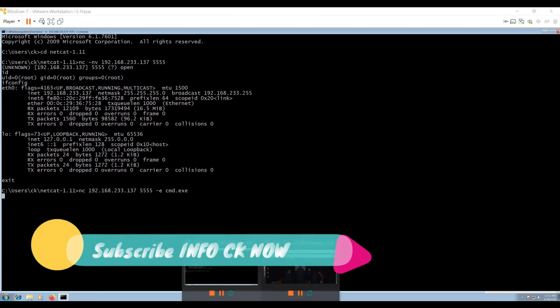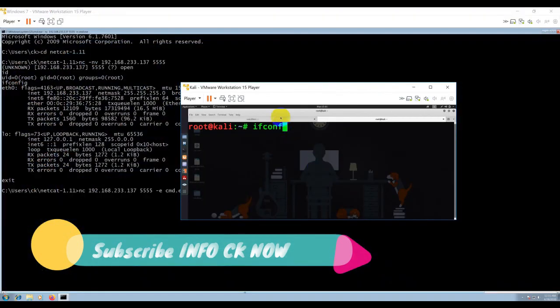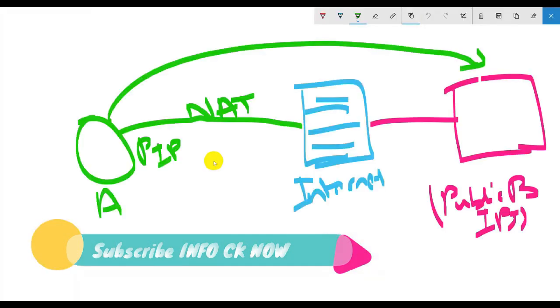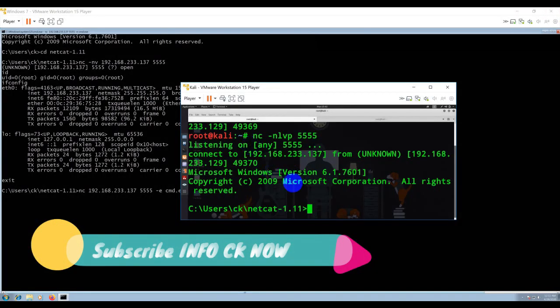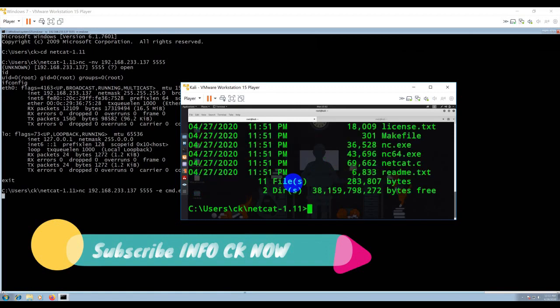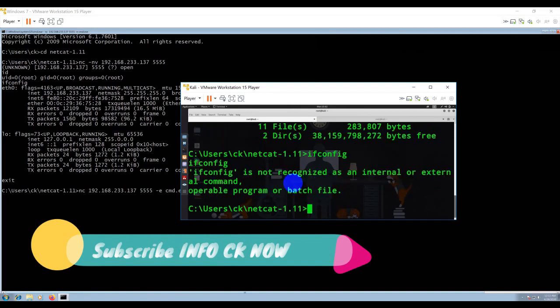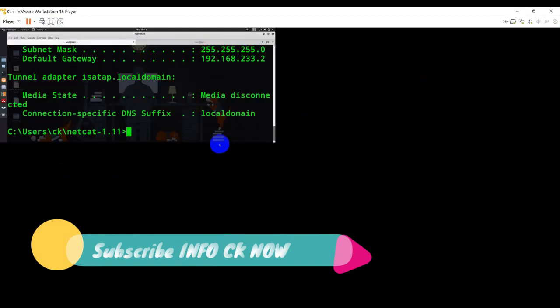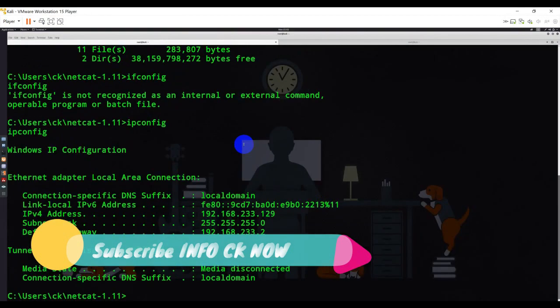Now user B would be getting a command prompt from user A, right? That way user B can troubleshoot user A's system. So in this case, he's just getting a reverse shell from user A to get a particular task done. I can type commands like dir, or even ipconfig. All those command prompt commands will work. So this is the way a reverse shell works, as opposed to the bind shell concept I explained earlier.